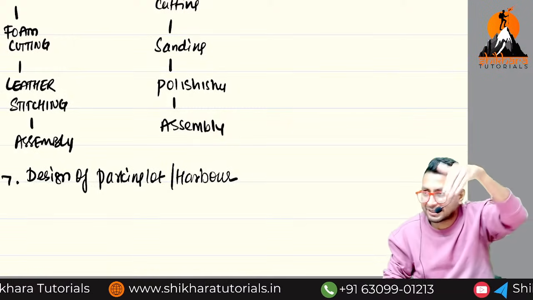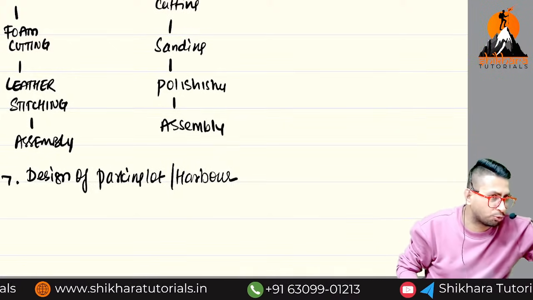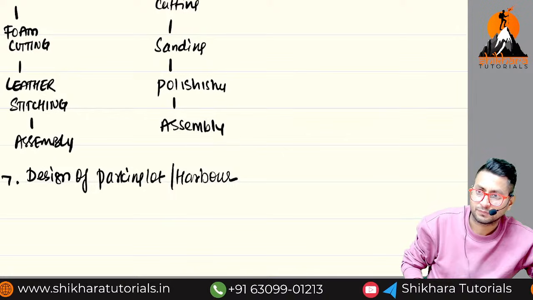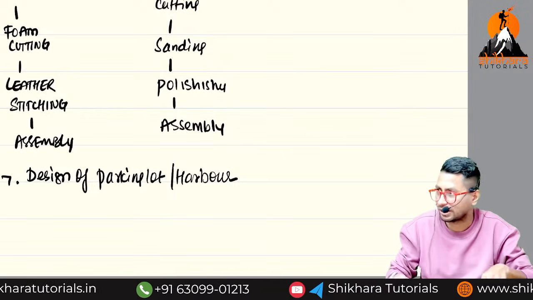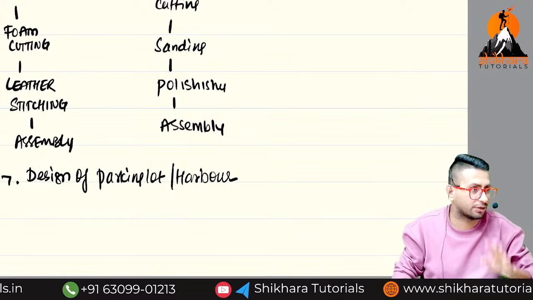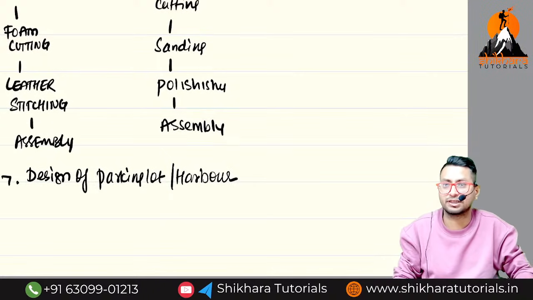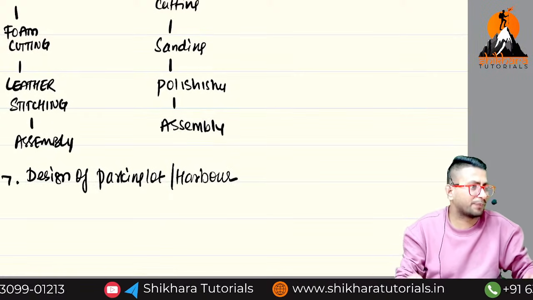There you have to do -1, -2, -3, -4 parking. The lower you enter into the parking, the signal will be lost. But today you enter into -5, -6 also. In a mall, will the signal come or not? 100% the mobile phone signal will come. That is called what? Design of parking lot.